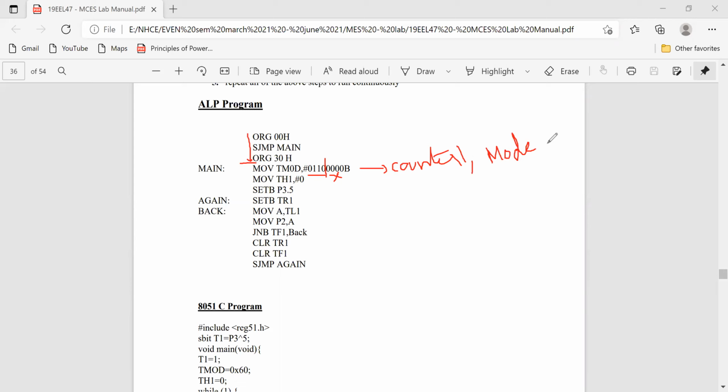Why is it 2? The question asks you to program in mode 2, so the value will be 10 for mode 2. Then for selecting counter, it is 1 for counter 1. This is the first step.